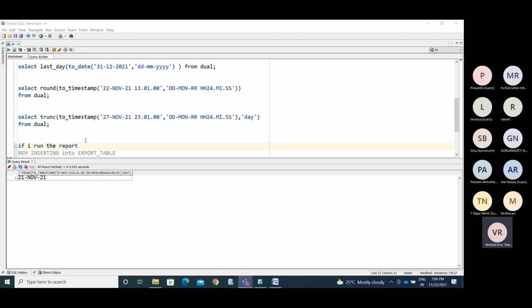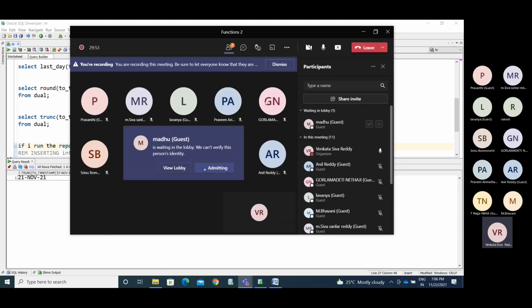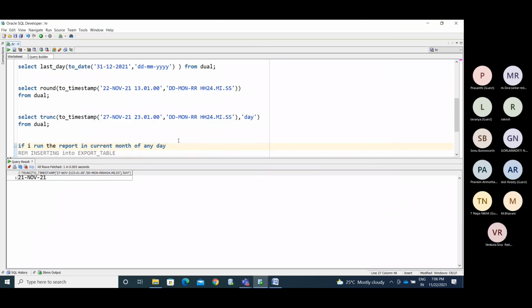If I run the report in the current month, on any day, whether I run it on the first day of November or on the 30th of November, I need the report of the last month: from the last month's first date to the last month's last date.